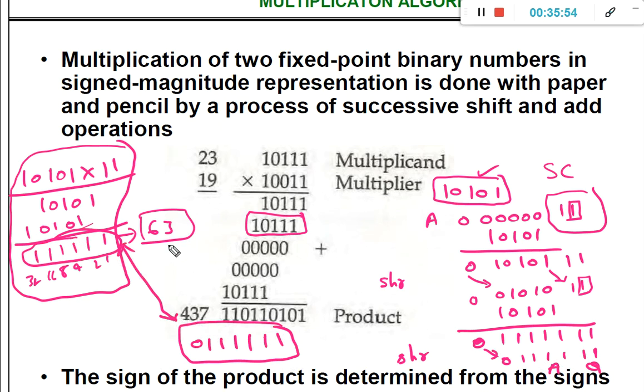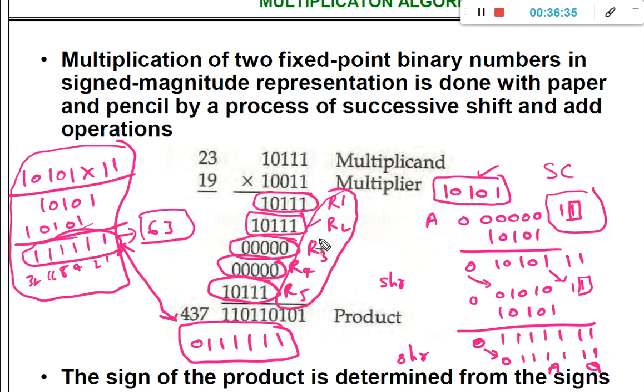So like this, we have altered the sequence to perform the multiplication in a better way without using a huge number of registers. If you want to implement the original method like this, then we need to store this value in register R1, this intermediate value in register R2, this intermediate value in register R3, this one in register R4, this one in register R5, and finally add all these register values to get the product.